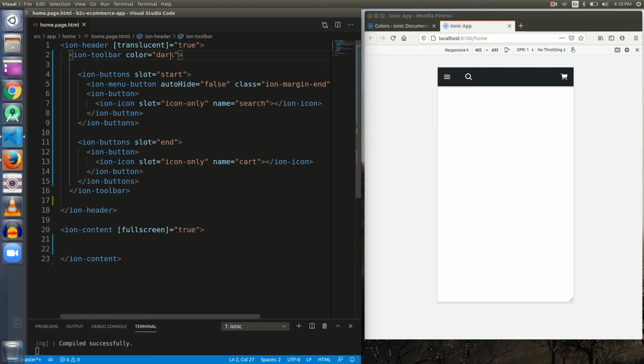So guys, as you can see there are a lot of options along with ion-toolbar, and I also wanted to show you the slots that are put inside ion-buttons, but I think we should cover that in the next video. So thanks for watching the video, and see you all in the next video, and there I am going to discuss the slots that are put inside buttons that help to place buttons inside the toolbar. Thanks for watching. See you.